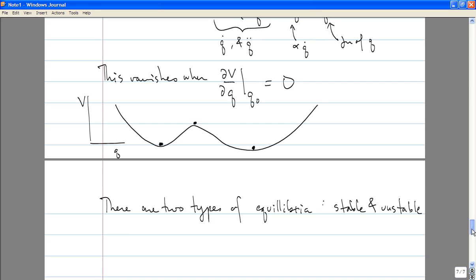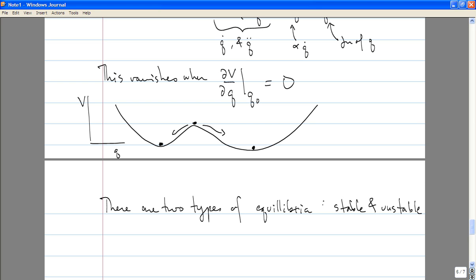So physically, around a stable equilibrium, a small perturbation around that equilibrium point will remain small. That's why we call it stable. Whereas a small perturbation around an unstable equilibrium will grow in time. And indeed, you can see physically, if you have a ball rolling around on a hill of the shape that I have drawn here, if the ball is up at the top of the hill and you perturb it slightly, then it'll roll off to the bottom, to one of the stable equilibrium points. And so intuitively, that explains why we call these stable and unstable equilibria.